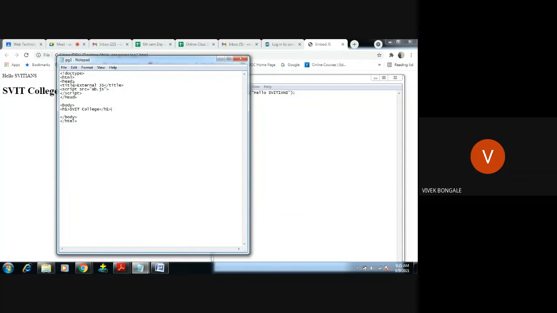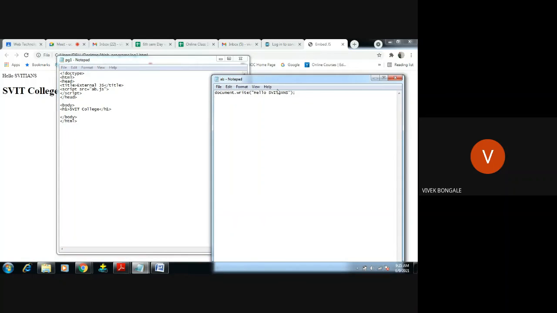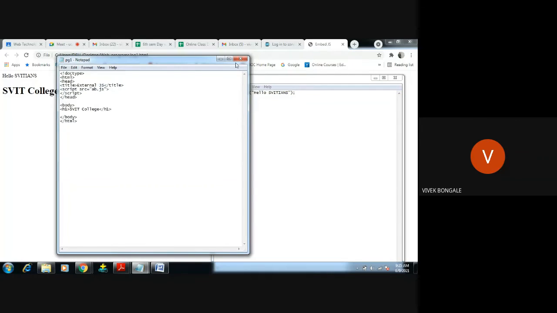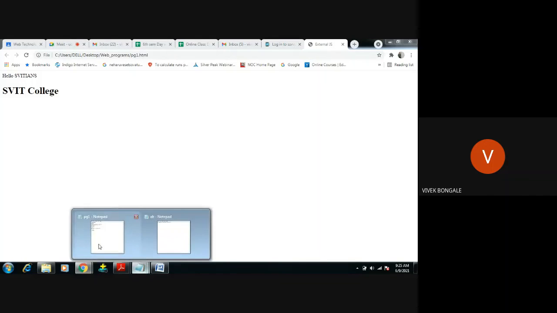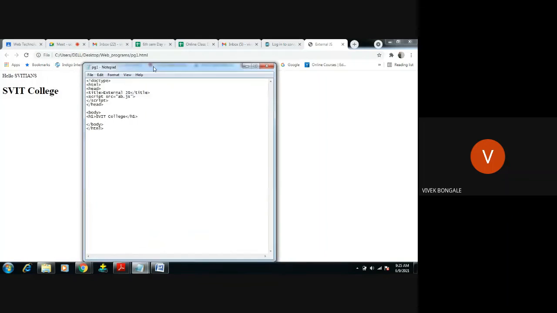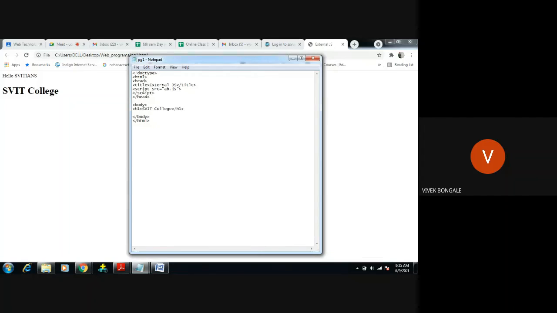So save this, and it has to display in the browser window. I will refresh here. You can see hello SPTNs has been displayed. Why? When the cursor moves over here, it directs to this page ab.js.